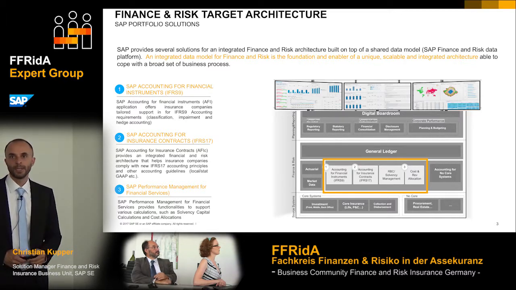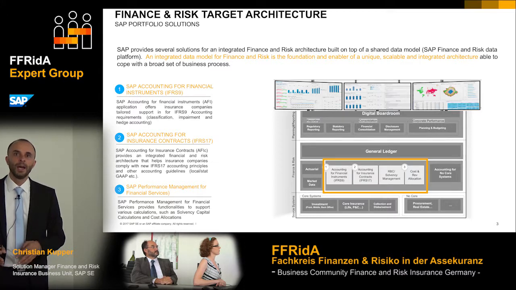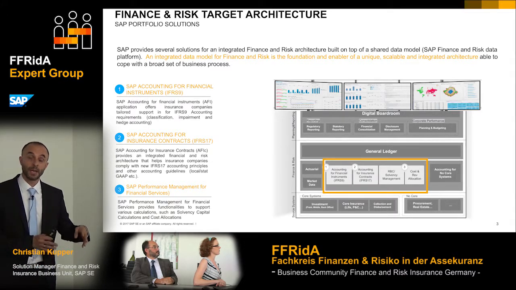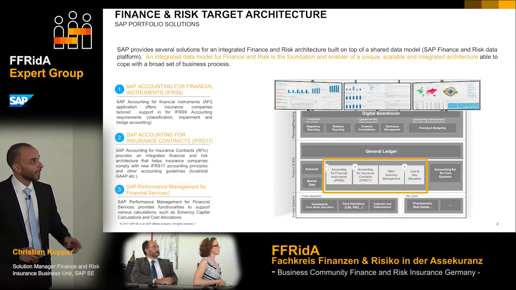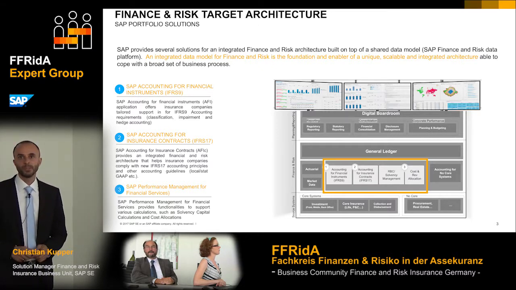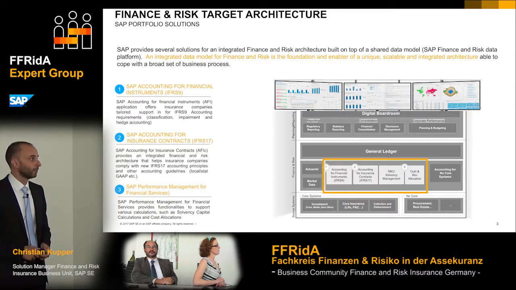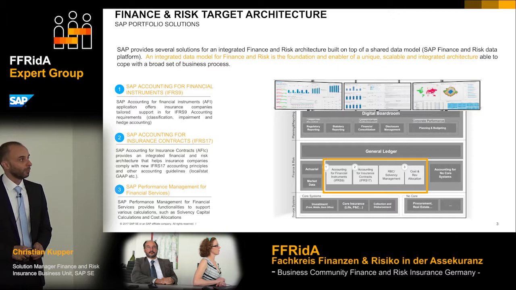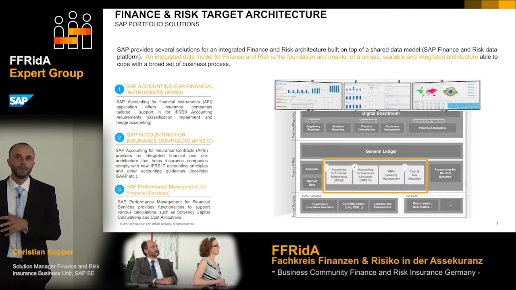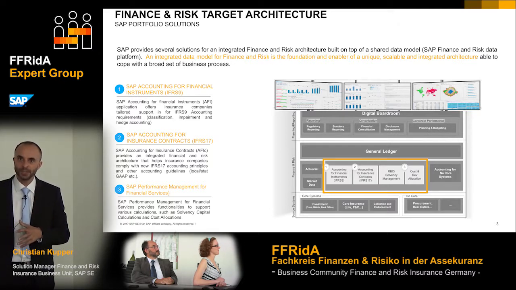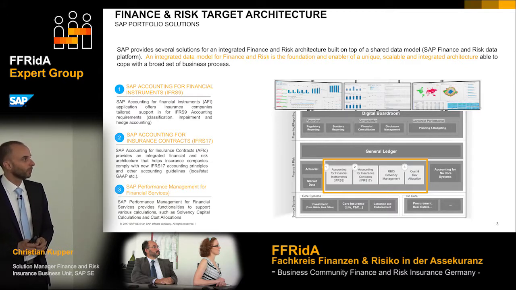One is accounting for financial instruments, which takes care of the accounting for the asset side, including also the new impairment functionality. Then accounting for insurance contracts, which is actually the sister product, our central subledger for IFRS 17 purposes. Tools number 3 and number 4 are more around this area of finance and risk calculations, while the other tools are subledgers, for accounting purposes.